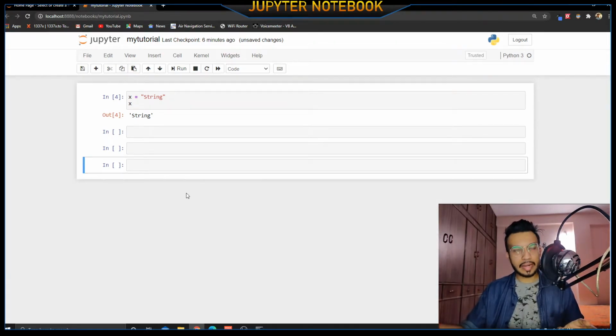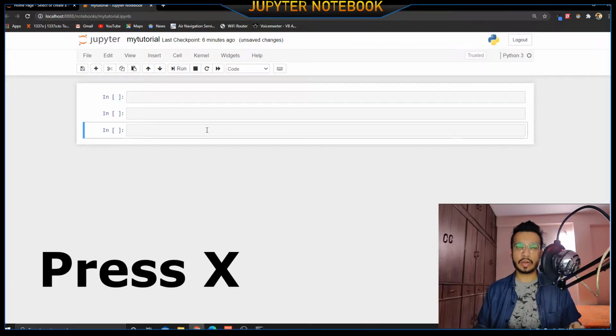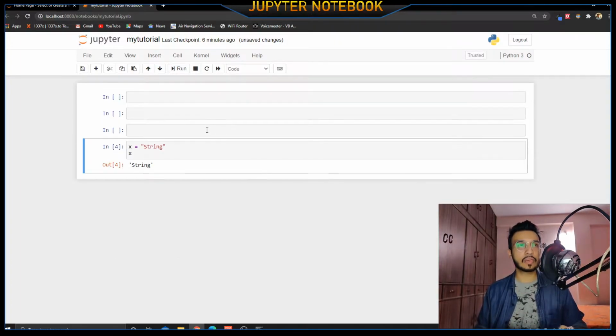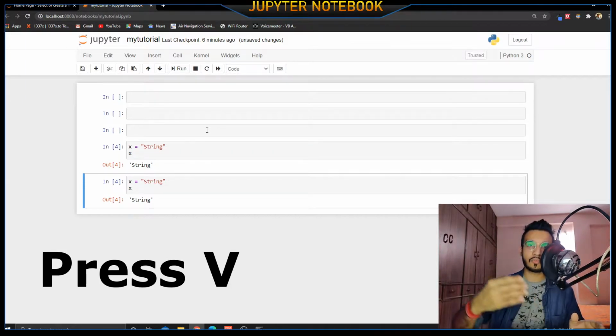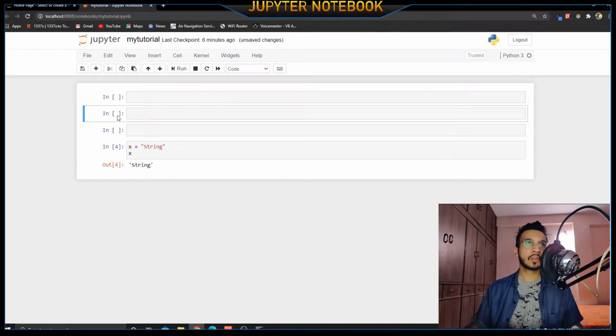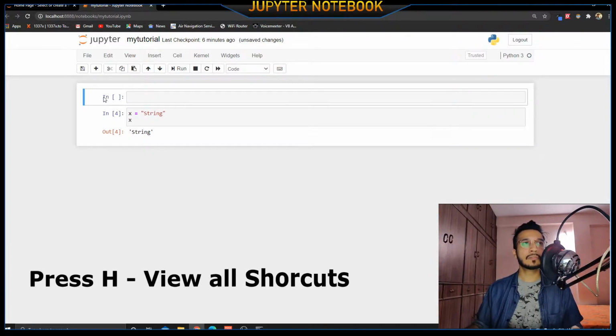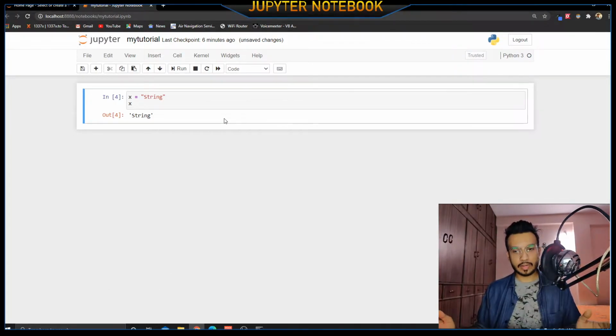So by double tapping D from the command mode, you can pretty much kill each cell. Now if you want to cut this cell, you can press X in the command mode and go down anywhere you want and just press V for it to paste. Similar, all it is going to do is cut the cell from the origin and then paste it wherever you want. Now just let me delete the cells above. So these shortcuts can be used very quickly to write down documents, to edit your code also. Now these are the shortcuts.